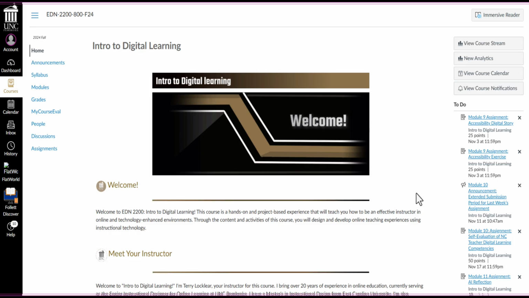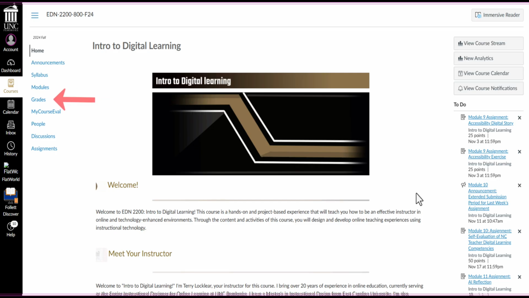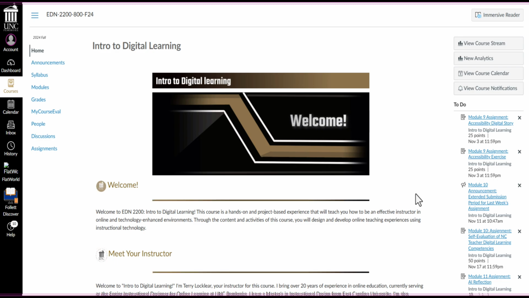On the left, you'll see the course navigation menu. This menu provides access to all course content. Here, you can access modules, which include the material for each week in your course, assignments, which you'll need to complete and submit for grades and feedback, discussions, where you'll respond to learning tasks and interact with others in the course, and grades, where you can see how you did on your assignments. Each section is interconnected, allowing for seamless transition between tasks. Canvas is built to enhance collaboration and communication, ensuring you have everything you need to succeed in one centralized location.